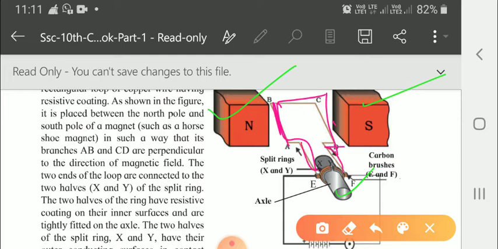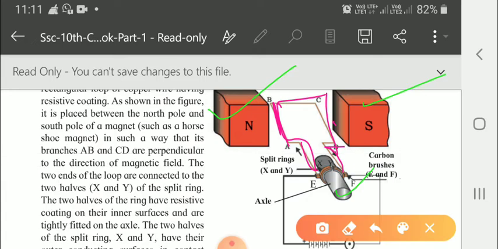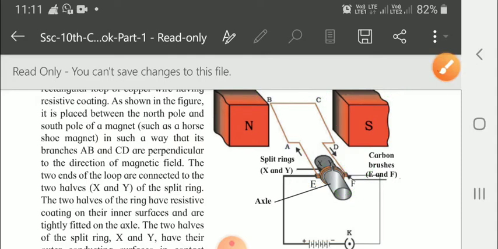and here carbon brushes are there. You can see these carbon brushes. I'll show you. Children, these are the carbon brushes. Here we can see, these are the carbon brushes. And this is the